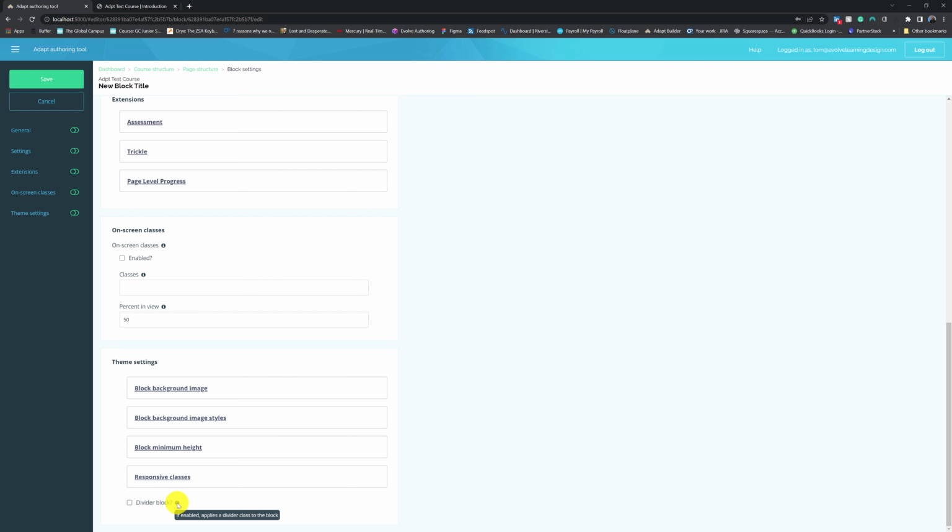Not sure what that is? It literally is a block that acts as a divider class. It leaves a gap, sometimes a line, depending on how you've got it set. This is a great way of adding a little bit of split between sections within the same article, and you